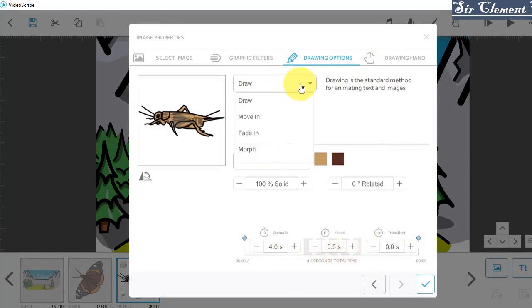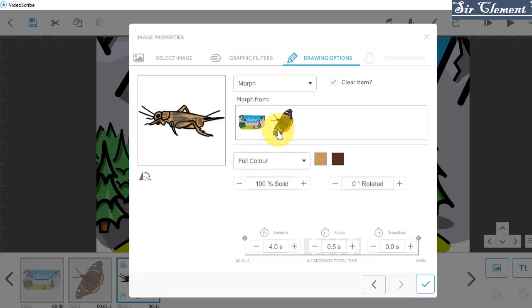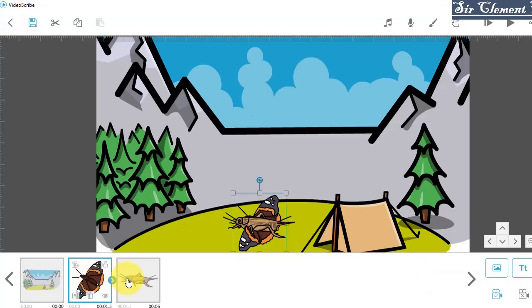Then from here I click on morph, because I want the butterfly to morph to it, but stay before the other image that you want it to transform to. The image that you want it to transform to must be before the original image. Okay, so now this your butterfly is transforming to this your grasshopper, so it stays before